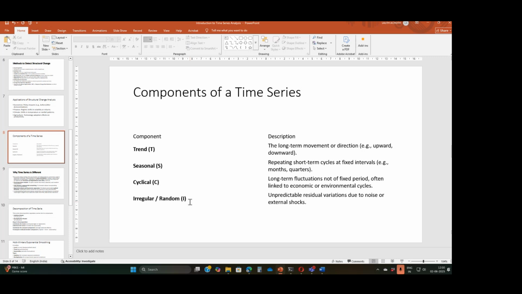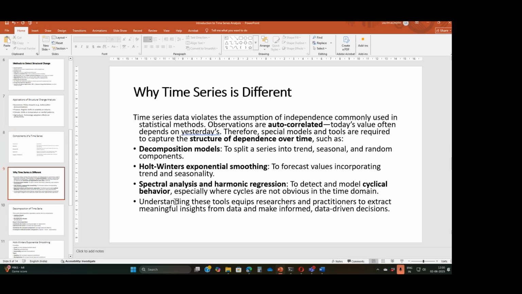Seasonal patterns are short-term variations which happen every year, which repeat, and they're useful for decision making. Cyclical variations are the long-term movements. We need to know how it's moving. Now, when we put all these together and analyze, we get another model called the Holt-Winters model. The Holt-Winters model is also a very powerful time series model, which combines all these 4 components, and then you can use it for forecasting.